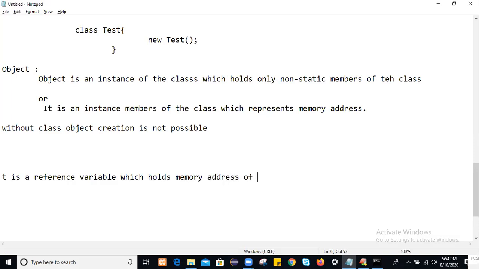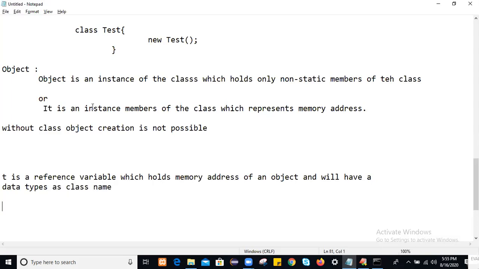So every reference variable will hold the memory address of an object and will have a data type as the class name.